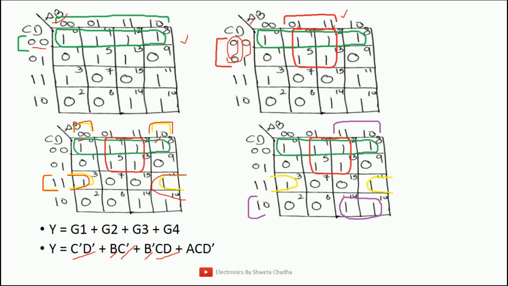And the last group is again a group of 2. The last group of 2. 1, 1, 1, 0. A is equal to 1 for both the cases, A. B is equal to 1 here. B is equal to 0 here. Changing value, ignore. Here comes the value of C and D. C is equal to 1, that is C. D is equal to 0, that is D bar. So this is how we can write down the whole simplified answer with the help of 4 groups, as we are supposed to write down the answer in SOP. That is why I have taken the groupings of 1.